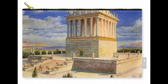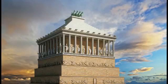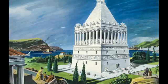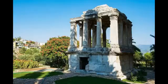At the very top of the roof lay the tomb, decorated by the work of 4 sculptors, and a 20-foot marble rendition of a 4-horse chariot. The mausoleum was largely destroyed in an earthquake within the 13th century, and its remains were later employed in the fortification of a castle. In 1846, pieces of one of the mausoleum's friezes were extracted from the castle and now reside, together with other relics from the Halicarnassus site,